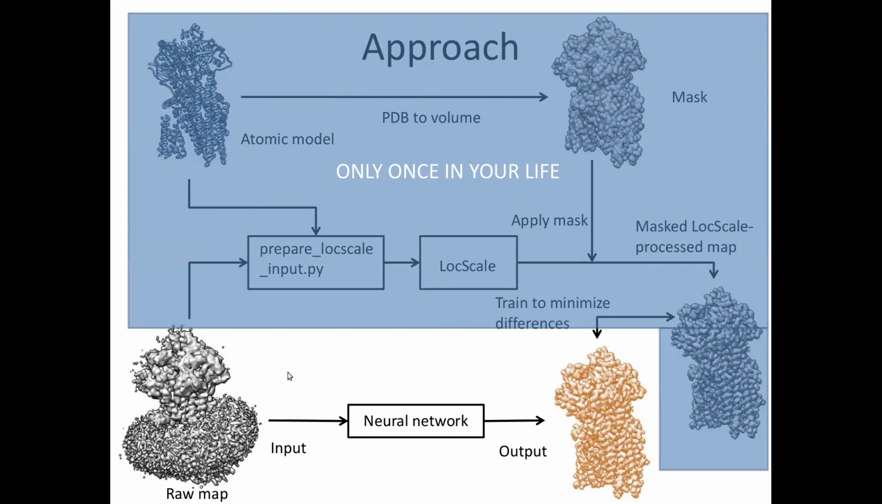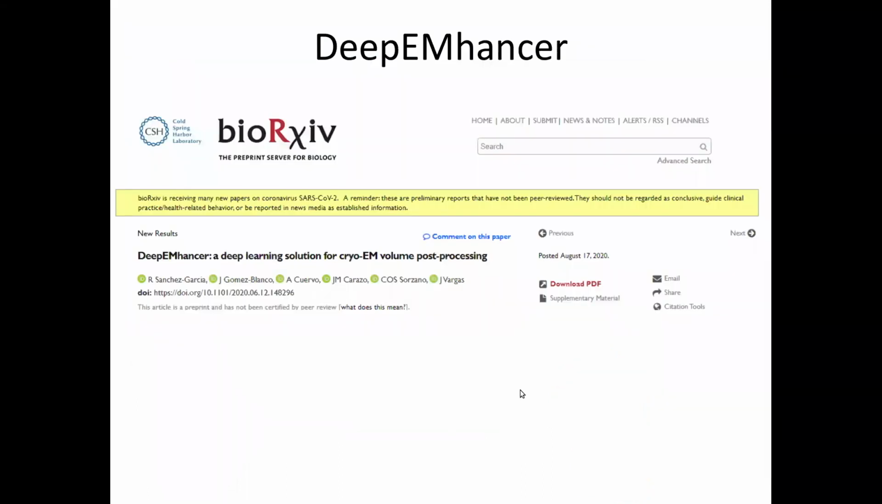When you are using DeepEMhancer, the only thing you need as input is the raw map, and it will produce a high quality post-process map version. So if you are interested in the details, if you want to look under the hood at how it works, you can go to the bioRxiv manuscript. It's been out since the beginning of summer,